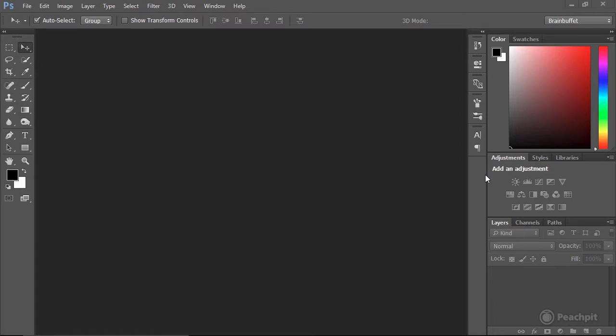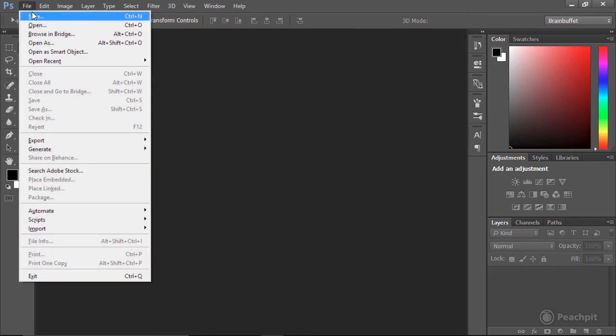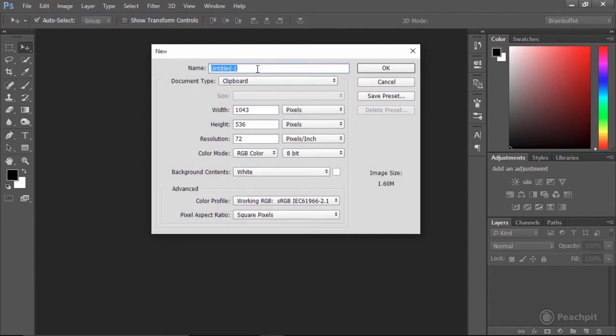All right, ladies and gentlemen, so we're going to create this new document and we're creating this for print. And when you design for print, generally you set up the document first. So we're going to go here to File, choose New. And the best practice is to always name your files first. So we're going to call this one Show Flyer because we're going to create a flyer for a rock and